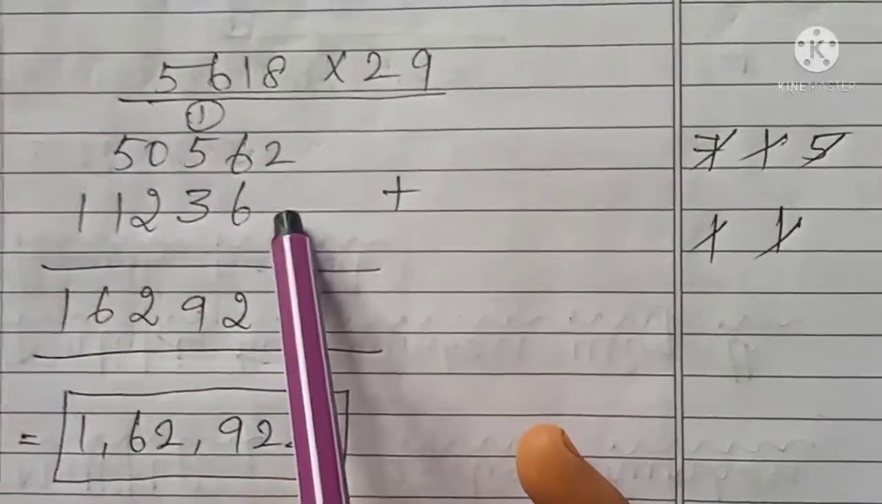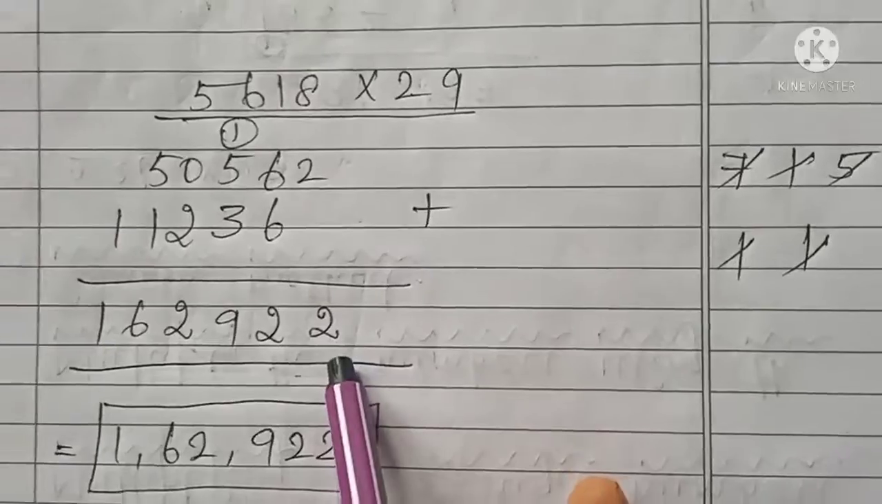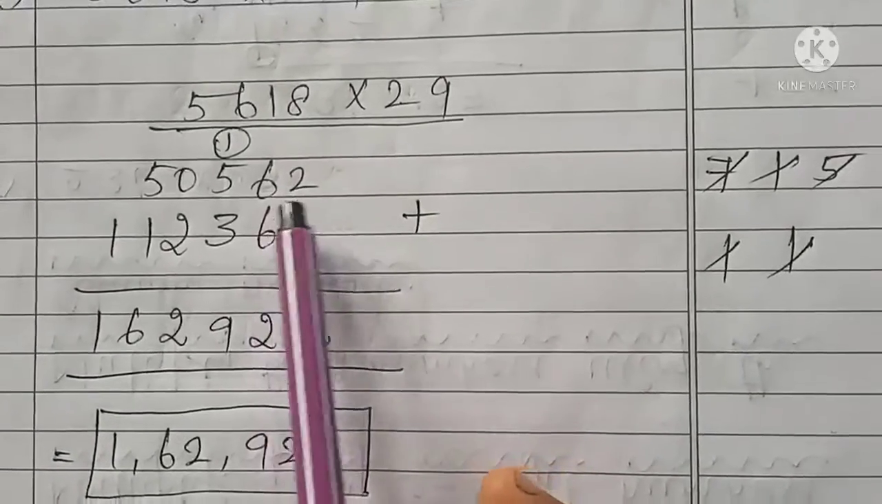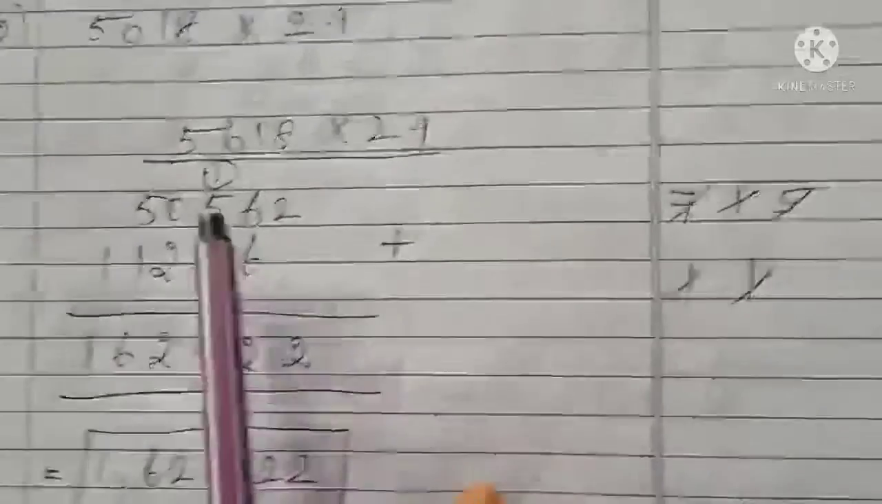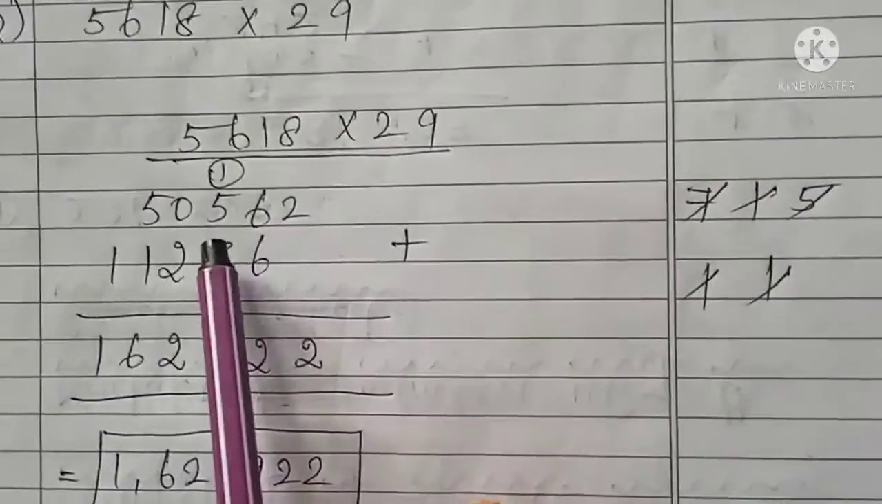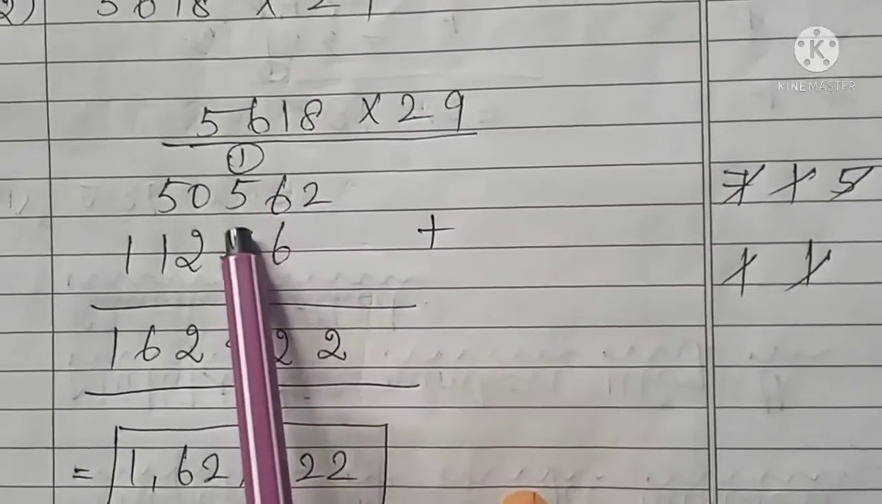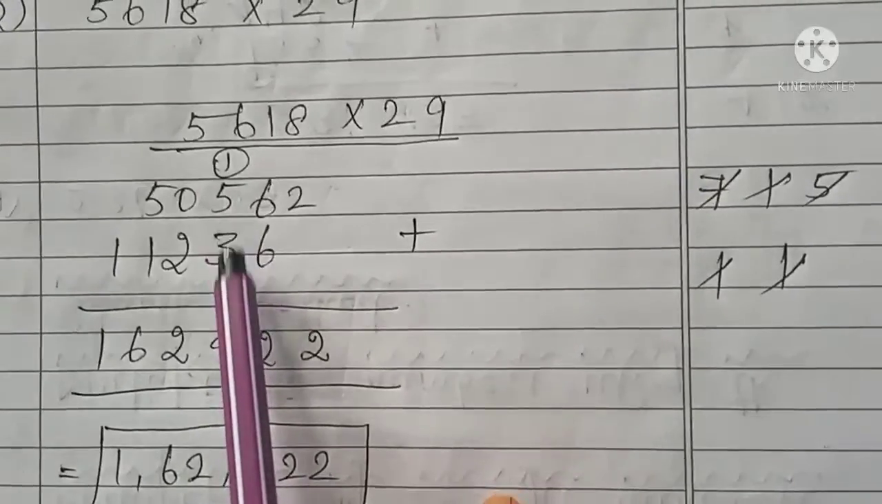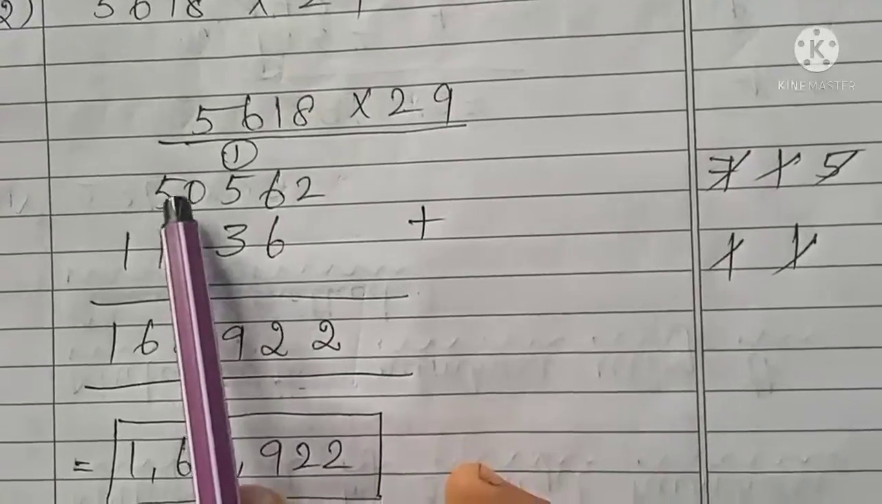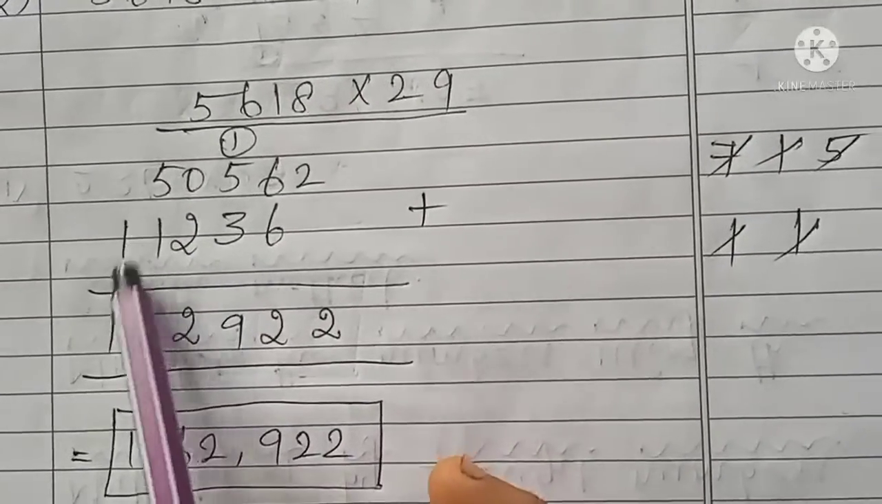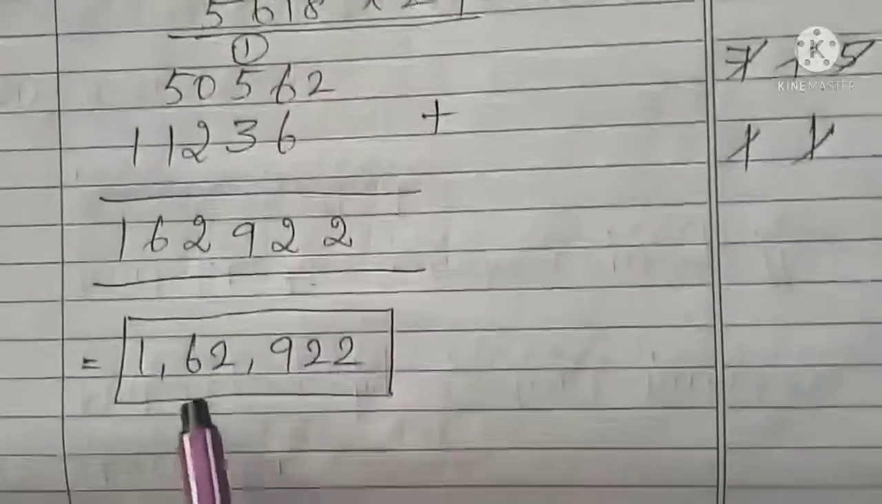There is no number under that, so the same 2 will come again. Next, 6 plus 6 will give you 12. For the 12, you have to write 2, and 1 will be the remaining. 1 plus 5 will give you 6. 6 plus 3 will give you 9. 0 plus 2 will give you 2. 5 plus 1 will give you 6. The same 1 will come again. So the final answer is